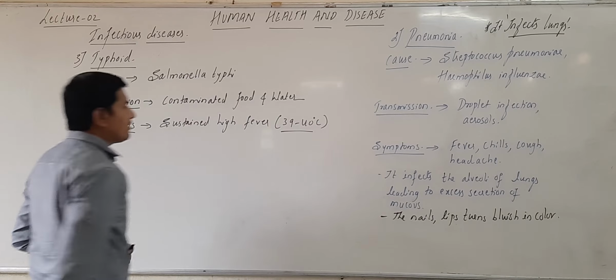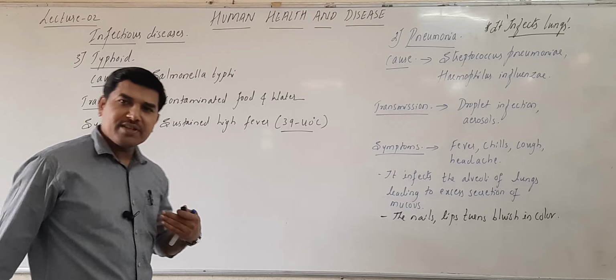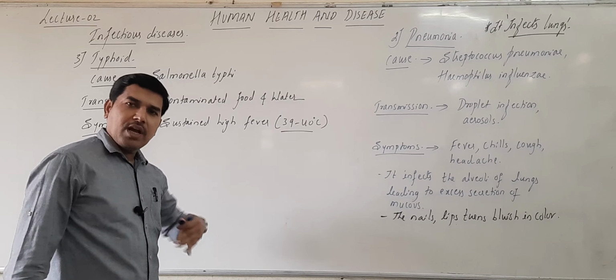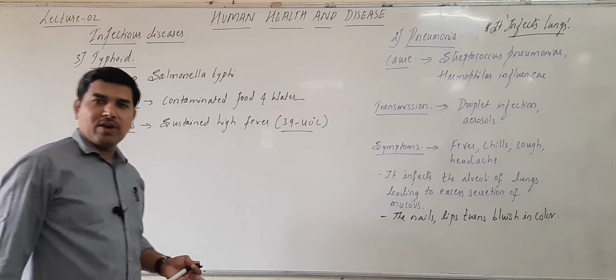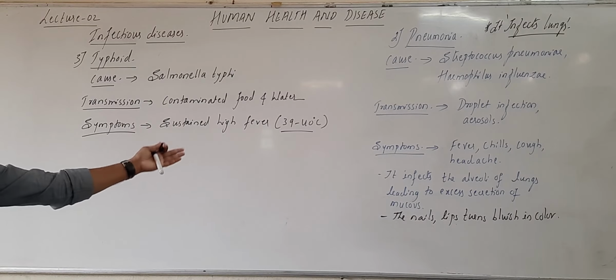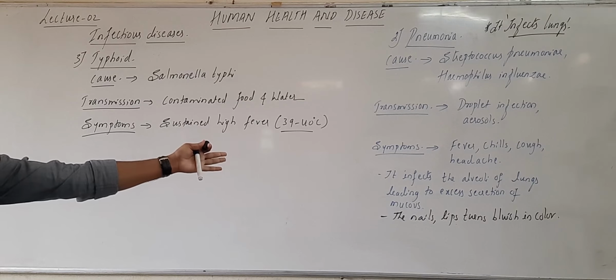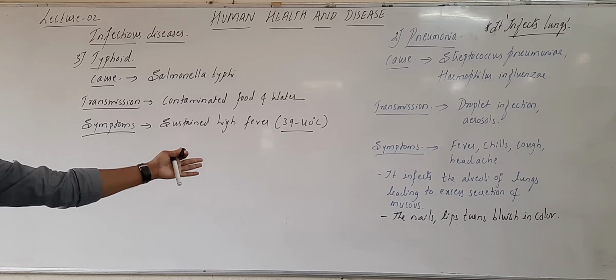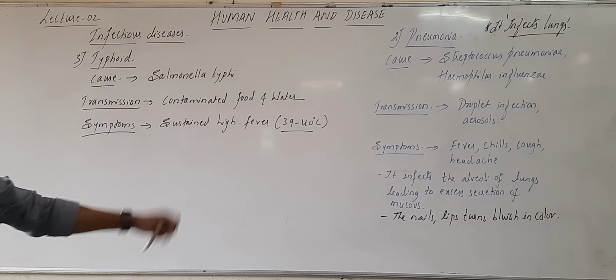So temperature is very high. Our normal body temperature is around 37 degrees Celsius, above which we will count it as fever. Sustained high fever means continuous high fever, 39 to 40 degrees Celsius. Then along with that, weakness,